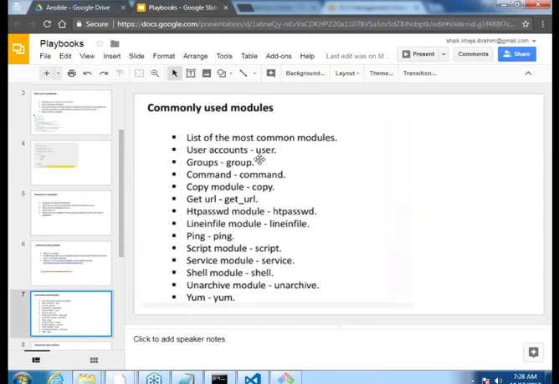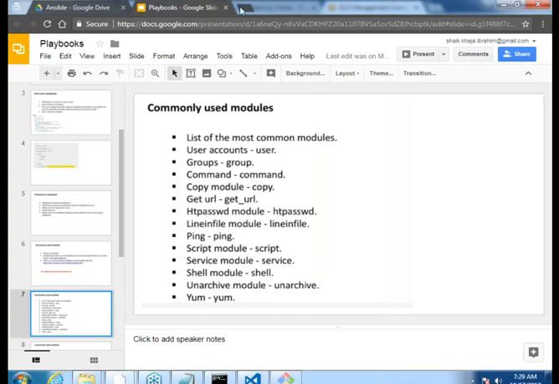So this is what we want to look at. Okay, so let us look at one command one after the other. Okay, and then we would be basically able to understand what these are for. Okay, so let me start with a module called user.